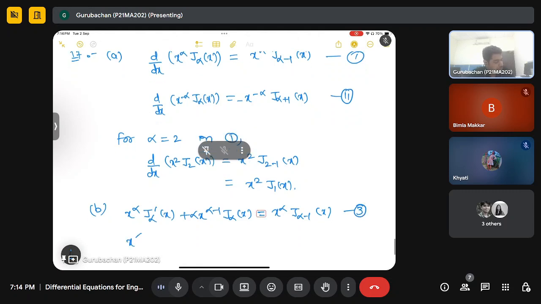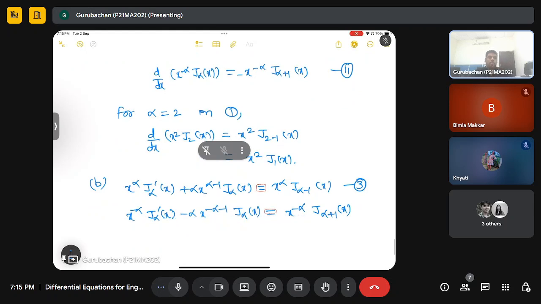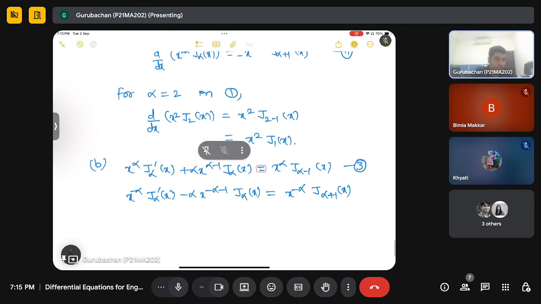Next is x to the power minus alpha J alpha dash x, in fact minus alpha minus alpha minus 1 J alpha x, x to the power minus alpha J alpha plus 1 x. Okay, so if you multiply x to the power 2 alpha throughout the equation,